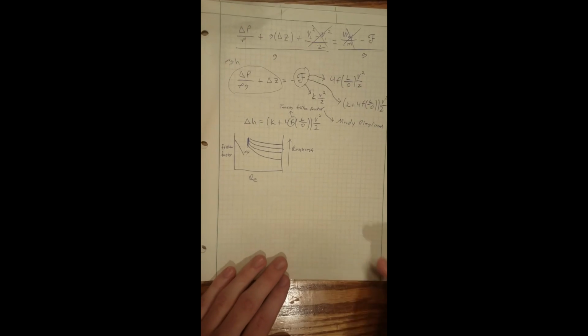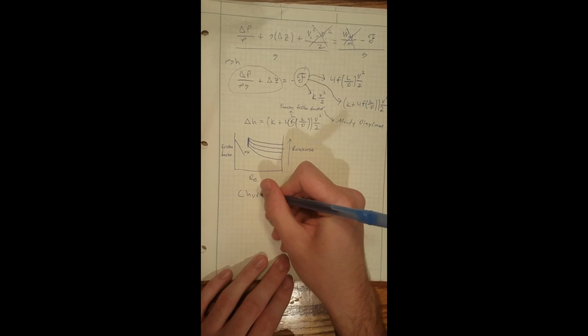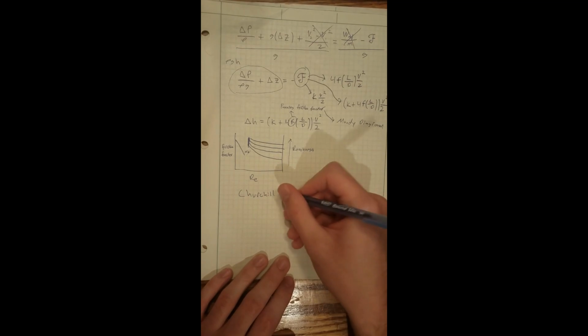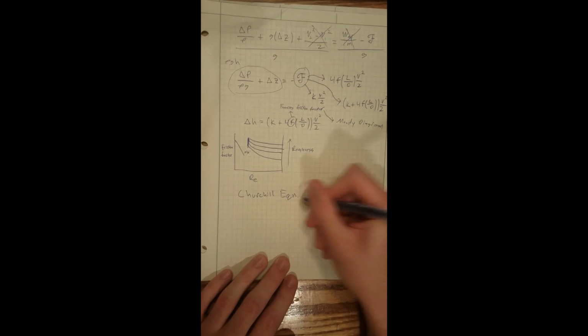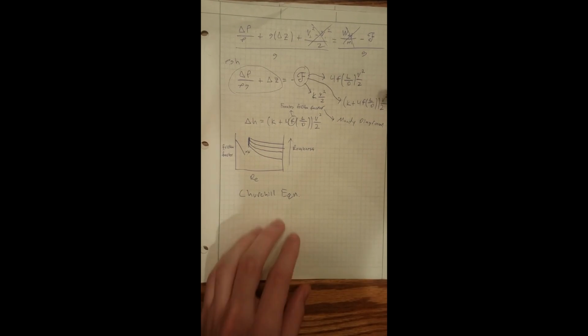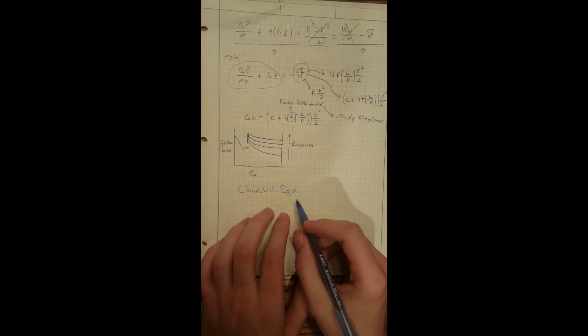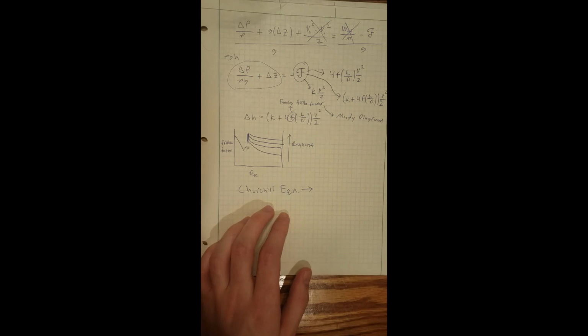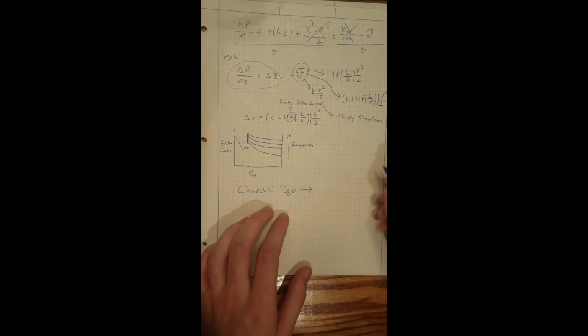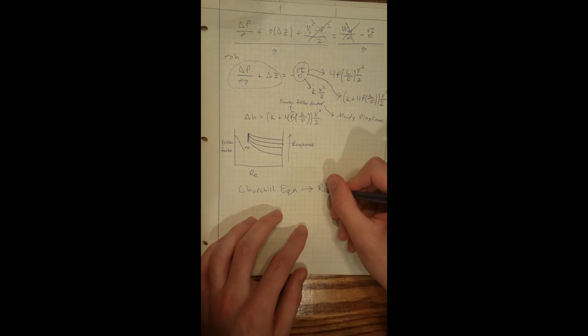And the one I'm going to be using moving forward is something called the Churchill equation. I'm not going to bother writing it out. It doesn't really mean much theoretically. So all we really need to know is that with this Churchill equation, there's some relationships, and all we really need to know in order to find our Fanning friction factor is a Reynolds number